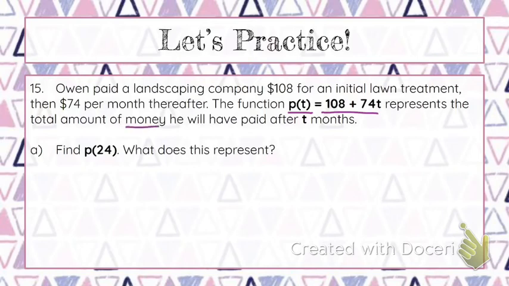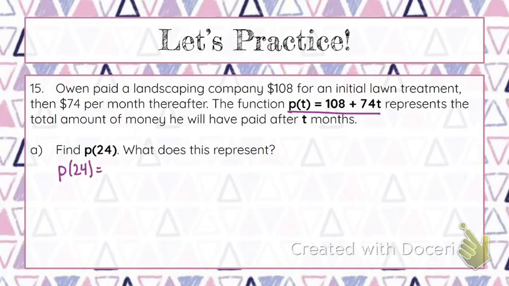P of T represents the total amount of money he will have paid after T months. So we can think of this as the price after this much time. P of T is how much money he's paid after T months. All right, so this asks us to find P of 24. So we're going to take P of T